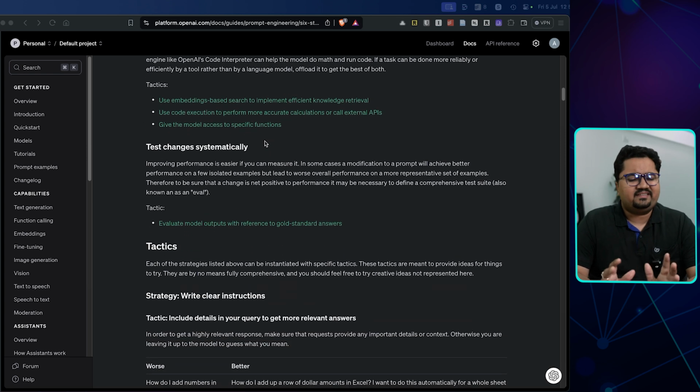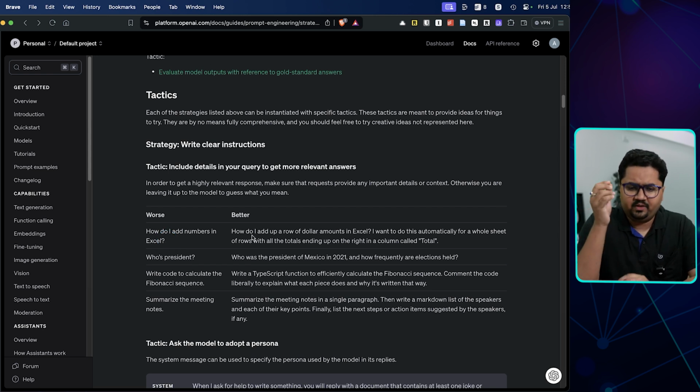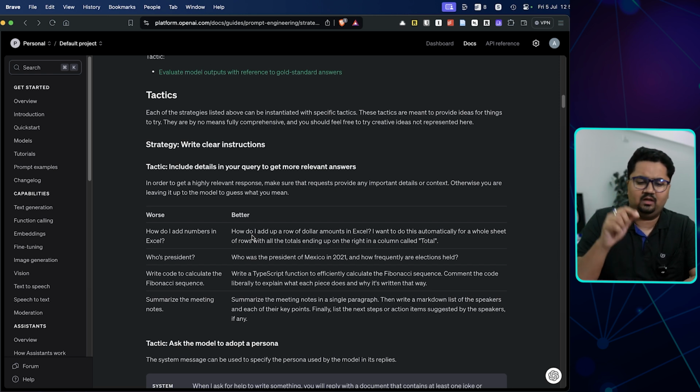So these are 6 techniques. So let's say some example. What's a bad example? How do I add numbers in Excel? But a better example is, or a better way to do it is, how do I add up a row of dollar amounts in Excel and I want this to work automatically for a whole sheet of rows and so on. This is a very well defined